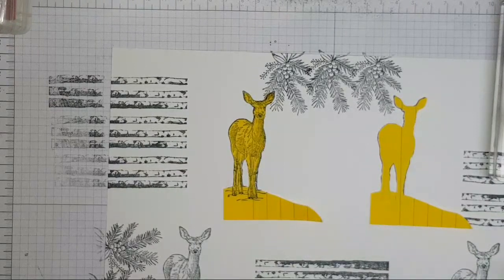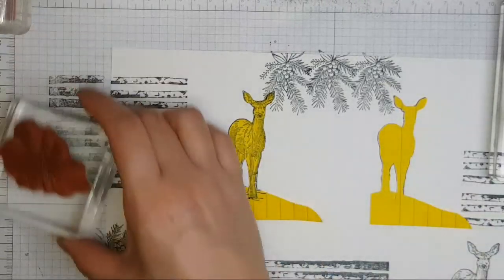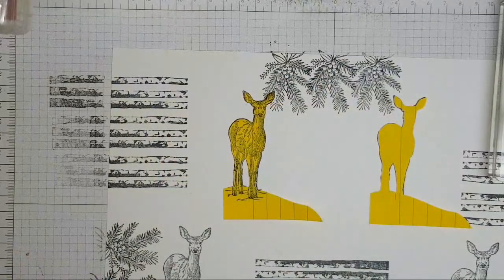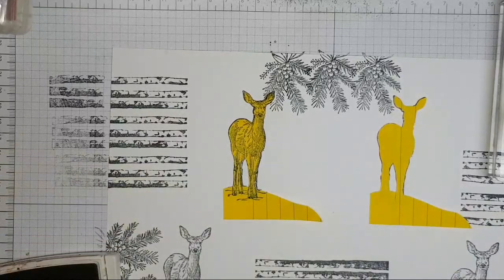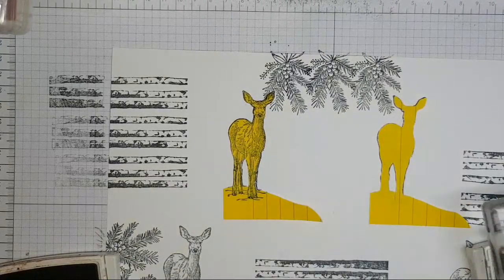Crumb Cake, Sahara Sand, Cajun Craze. I wonder what stamped off Cajun Craze would look like. I've got a feeling that would end up looking like Grapefruit Grove. Oh, Mint Macaron, I think. Right, if I do mint and then